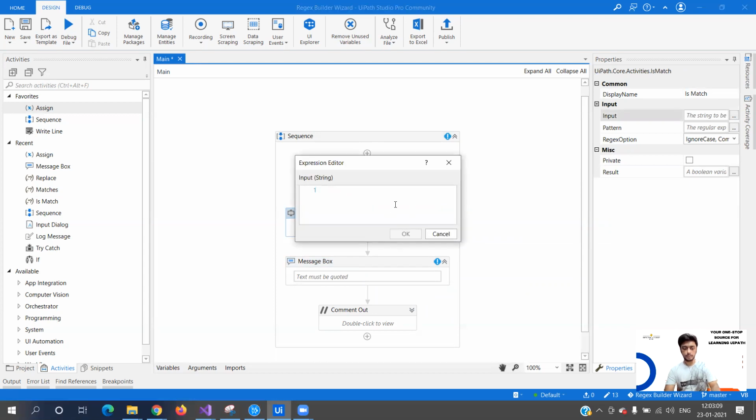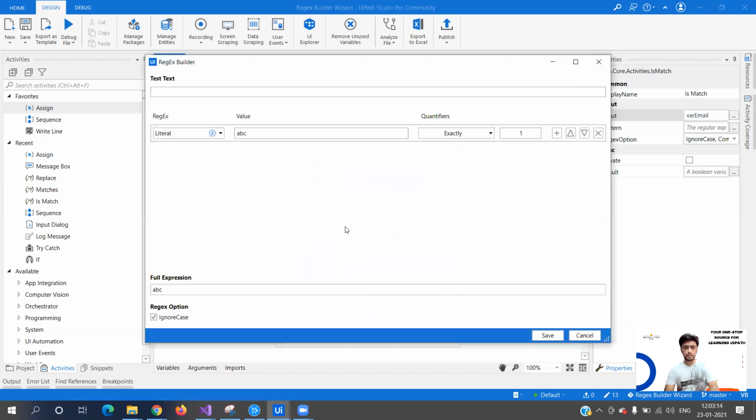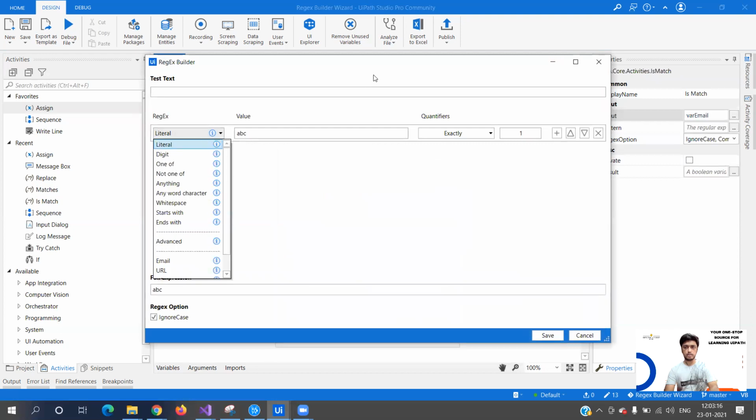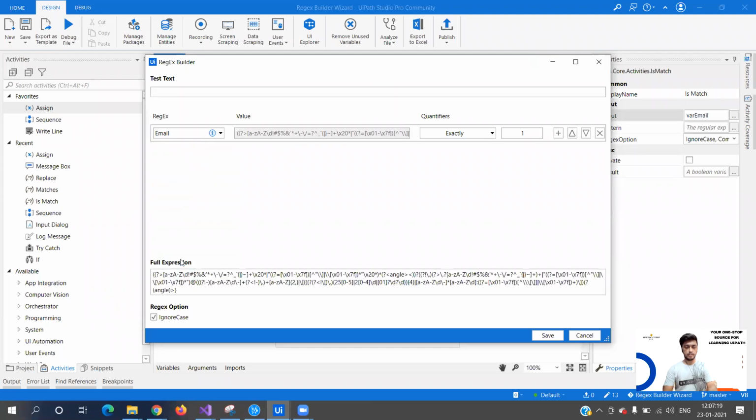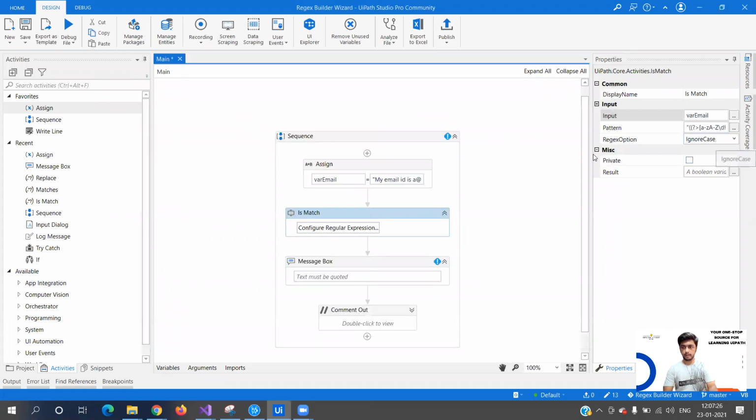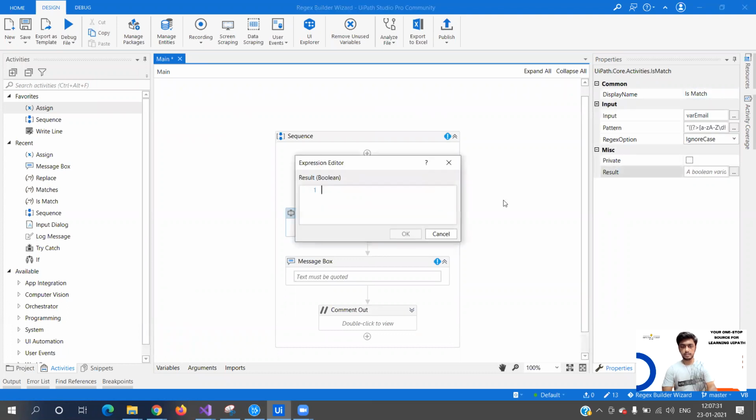Okay. Now here we are going to provide the input string that is going to be where email, and we have to provide the regular expression. So we want the expression for email. So I'm going to copy this and save, and you see it is automatically appeared over here. Now the result we are going to store in where email result.